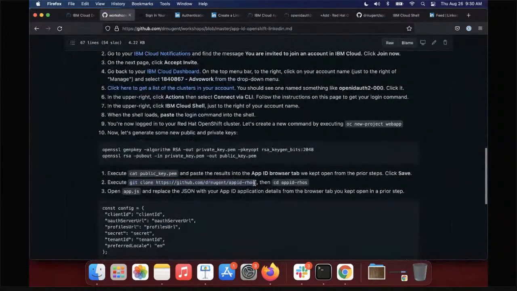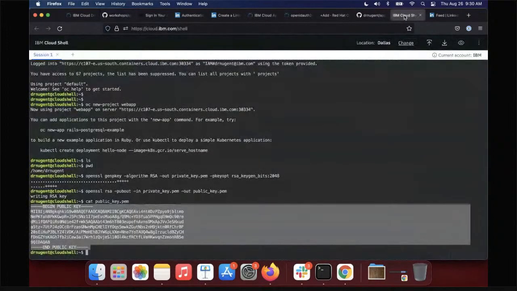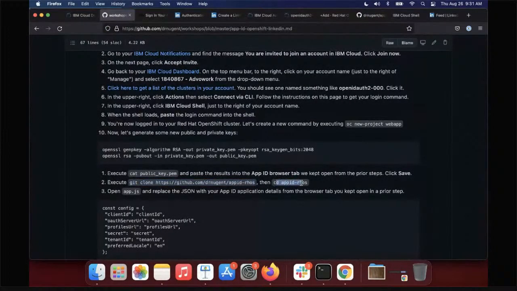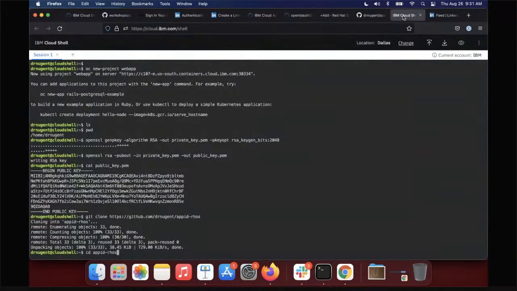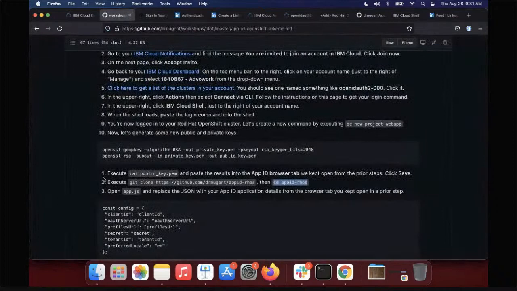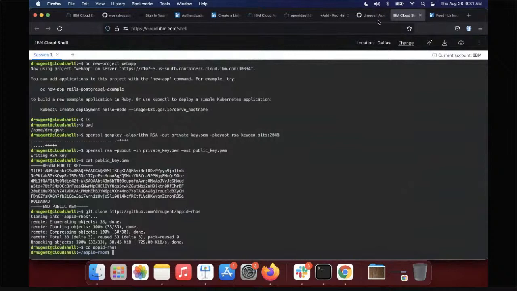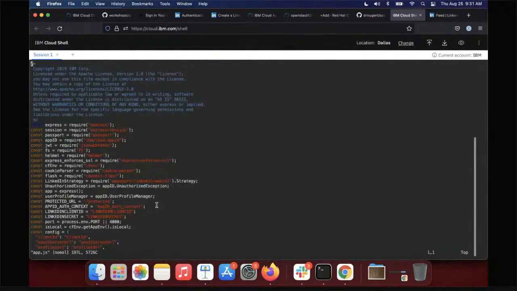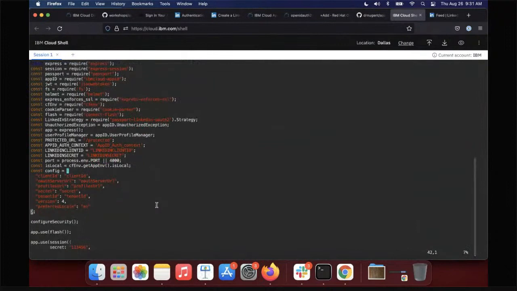All right, so let's clone this repo. Back to our Cloud Shell. Check our lab instructions again. Change directory. Probably could have figured that out on my own. Now, we're going to open our app.js. All right. Beautifully formatted here. And indeed, we do see our config